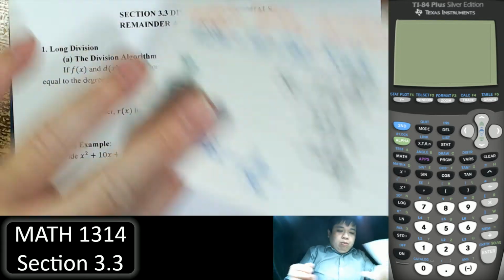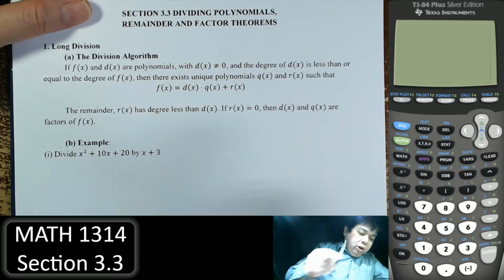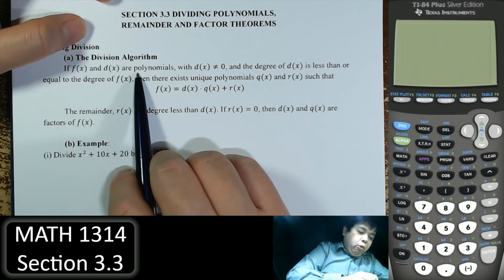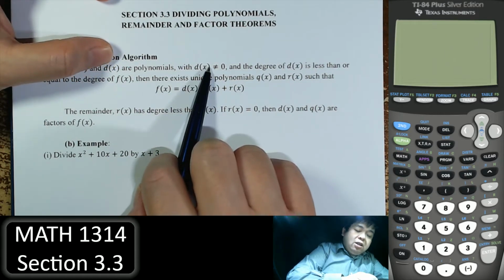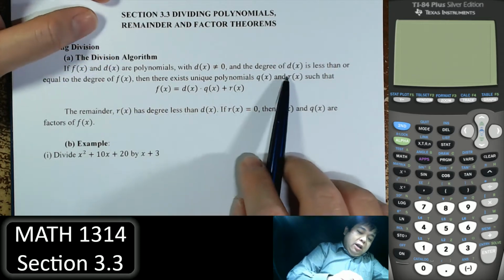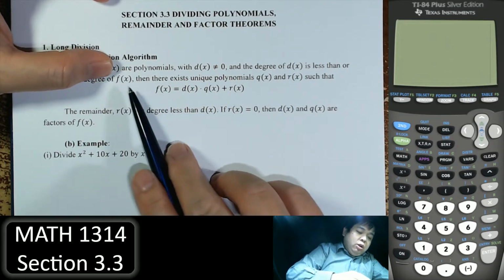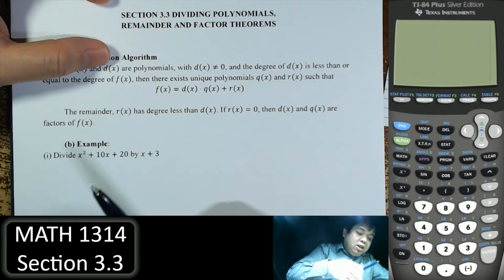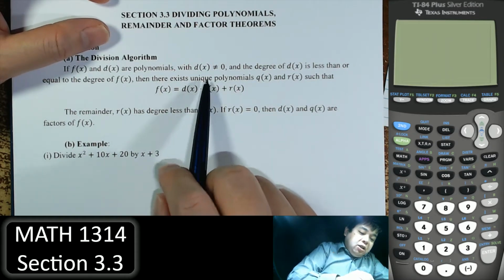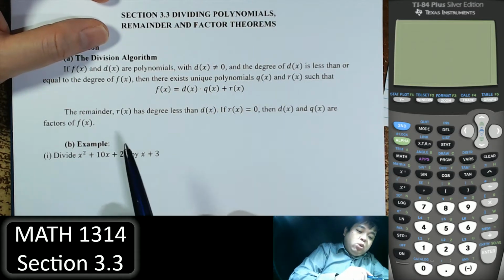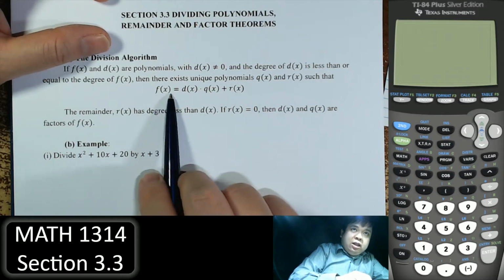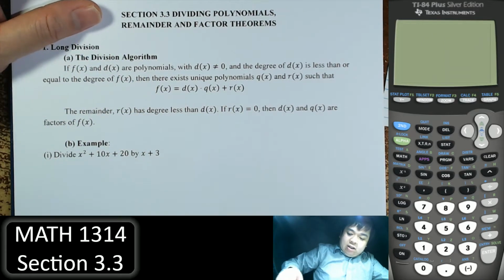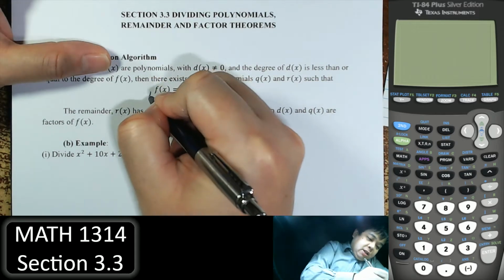Right, now we divide polynomials. Now if f of x and d of x are polynomials with d of x not equal to 0, because we don't want to divide by 0, and the degree of d of x is less than or equal to the degree of f of x. So when we divide, the dividend is bigger than the divisor in terms of degrees. And then there is a unique polynomial q of x, which is the quotient, and r of x, which is the remainder. And we write in this case f of x equal to d of x times q of x plus r of x. And once again, f of x is the dividend